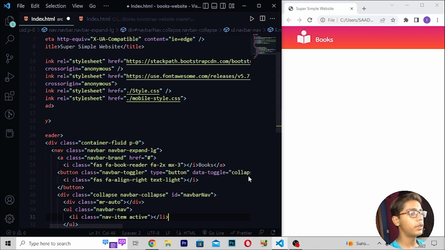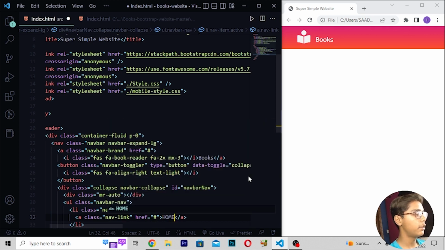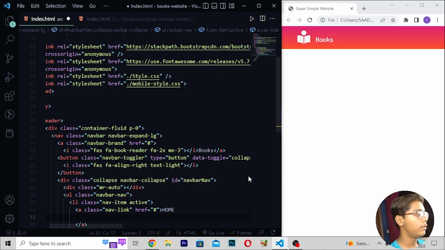Then move down and write an a tag with class which should be nav-link, then href equals hashtag, then home. Then I will move under this a tag and write a span class sr-only. Then I will write current like this, then close this.